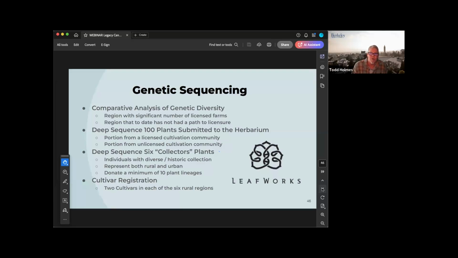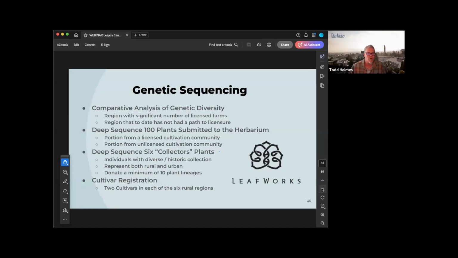Additionally, approximately 6 collectors, individuals with diverse and historic collections of seeds and plants, who are representative of both rural and urban communities, will each donate a minimum of 10 plant lineages for this sequencing component. Lastly, in each of the 6 rural regions, 2 cultivars of significant importance will be selected